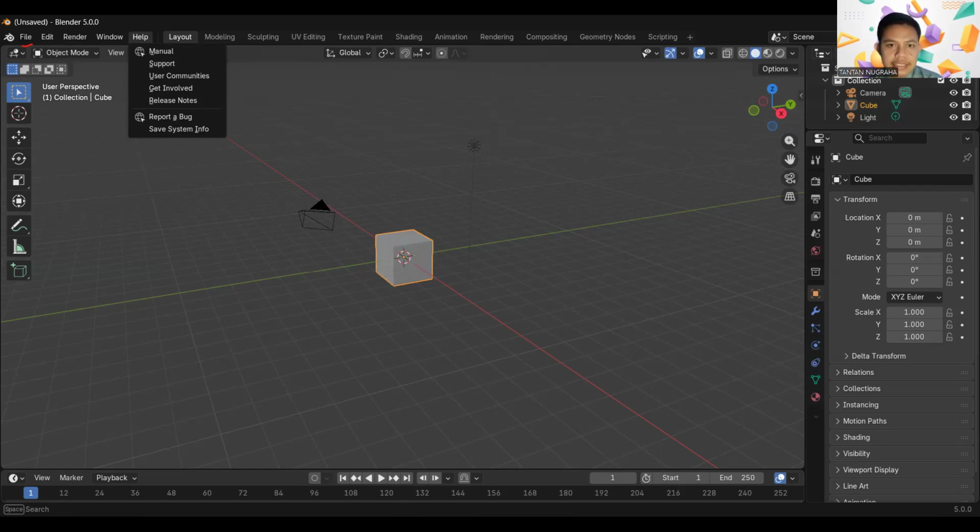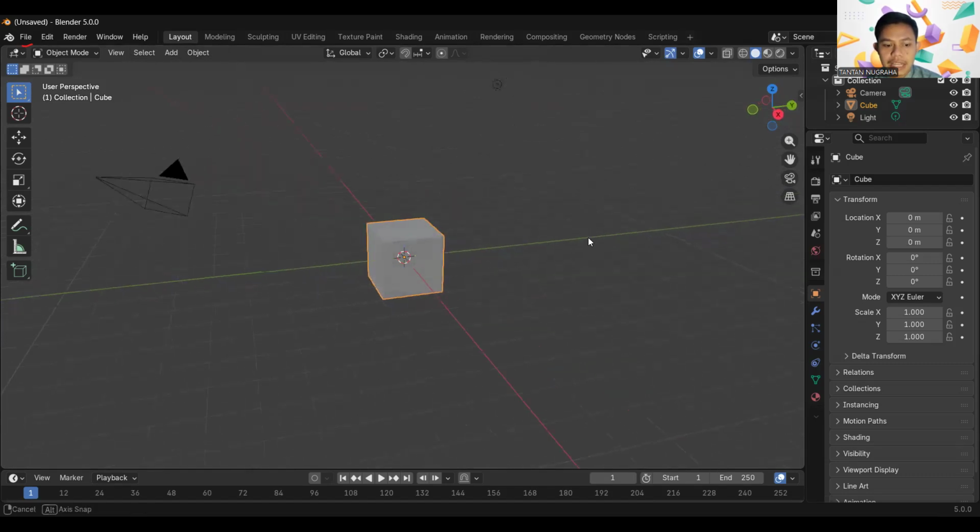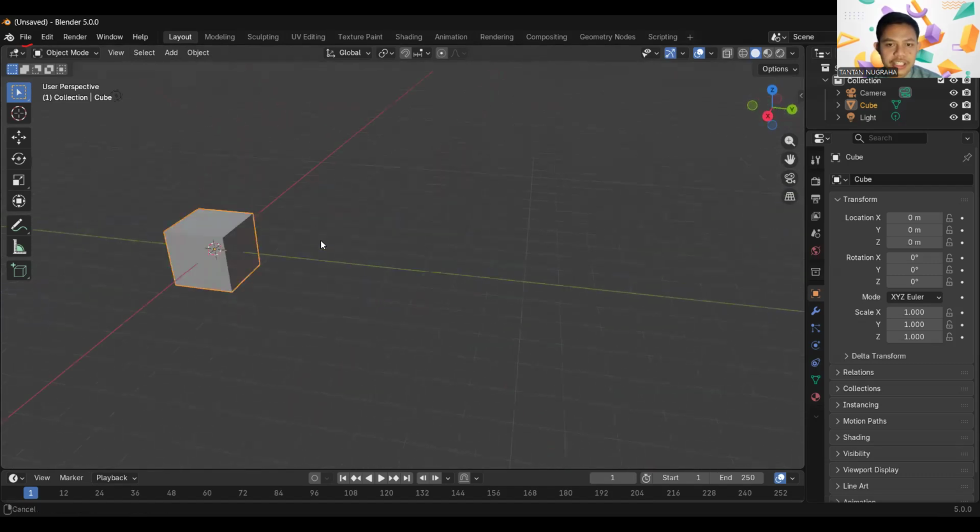Okay, next, I will explain about navigation in Blender. To move the camera, you can click scroll and shift.